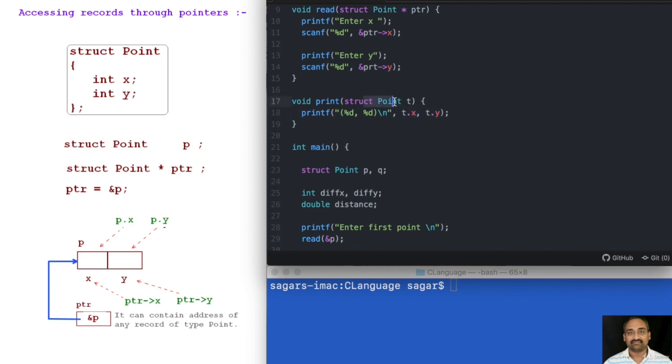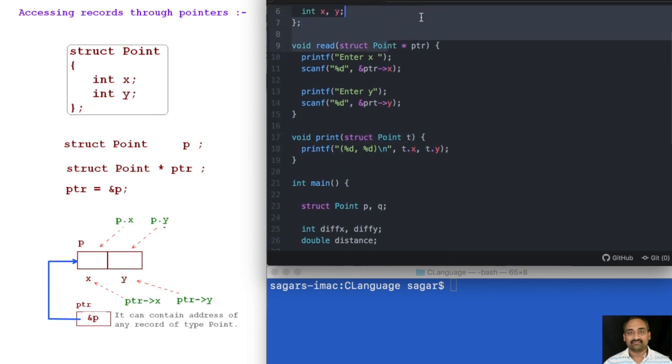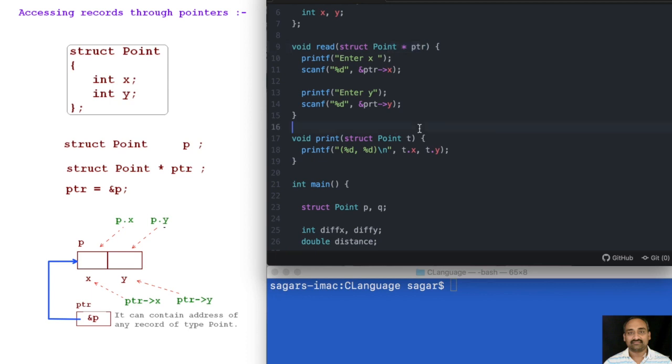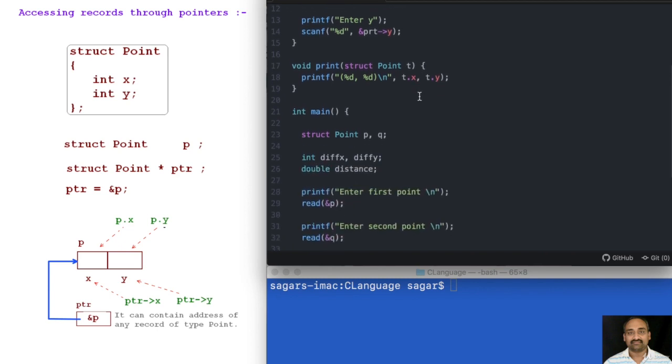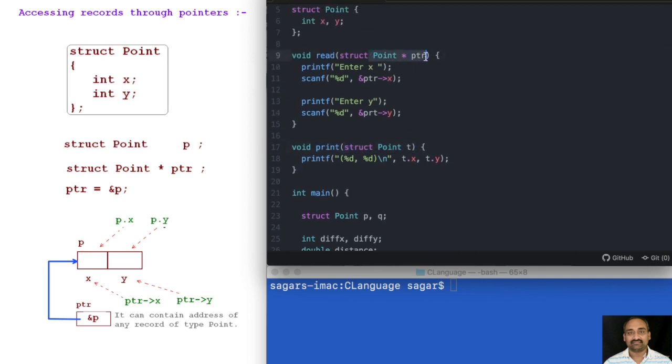So this is called by value and this is called by reference. In this case we are taking the address and we are referring to the original record. Here in this case we are taking a copy of the original record. That's the difference between these two.